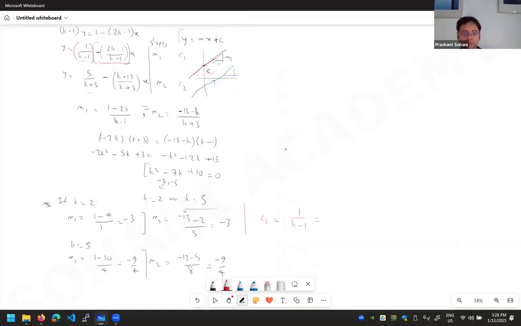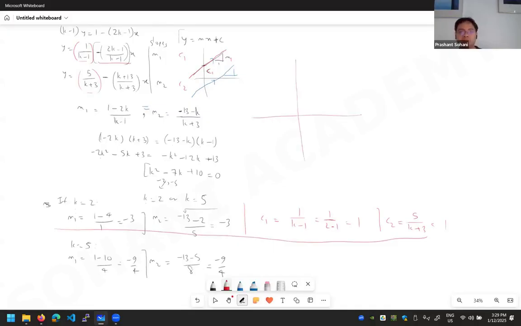So in the first case, the intercept is 1 upon 2 minus 1, which is half. Sorry, it is 1. And what about C2? So C2 is this intercept, which is 5 upon k plus 3. So you see, this is also 1. So when k is equal to 2, both slope and the intercept are equal, which means that actually the lines